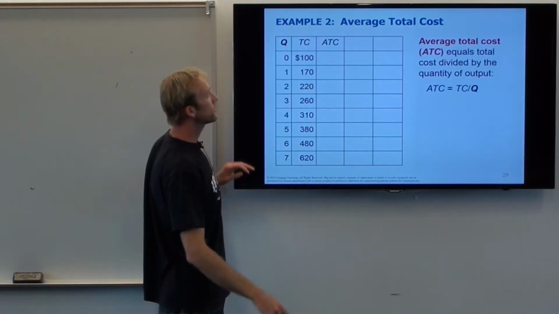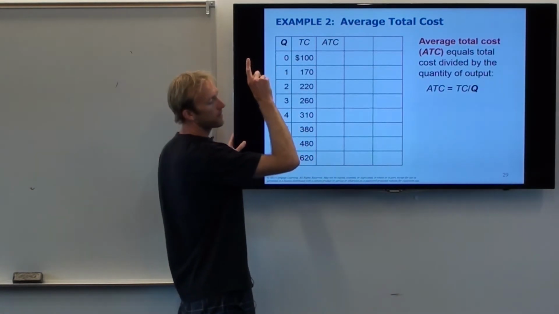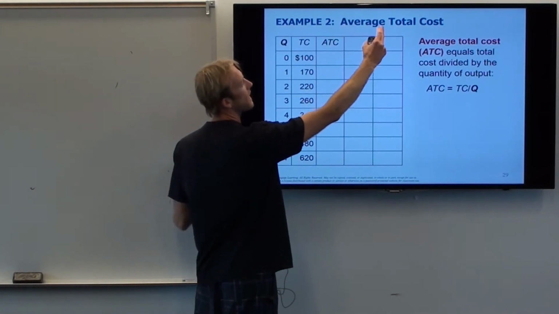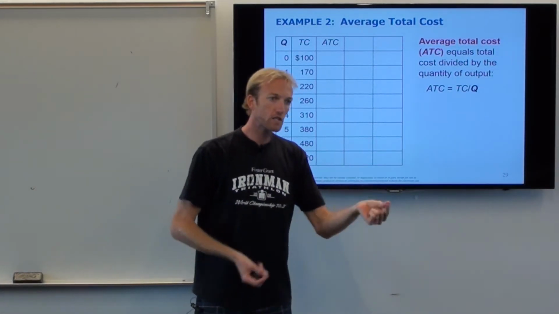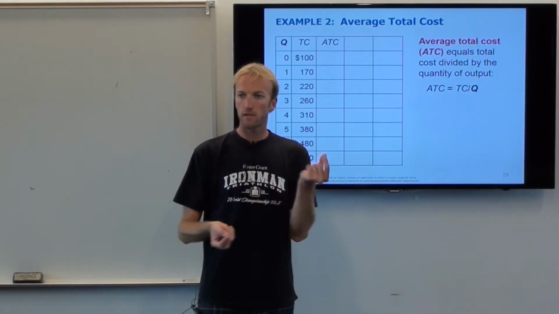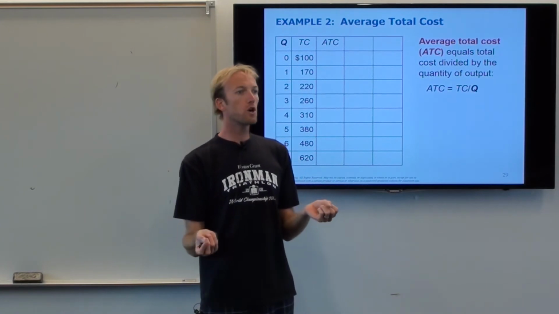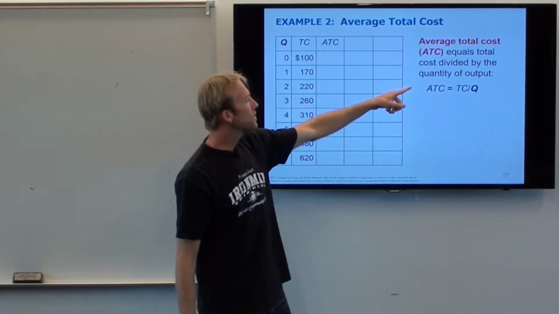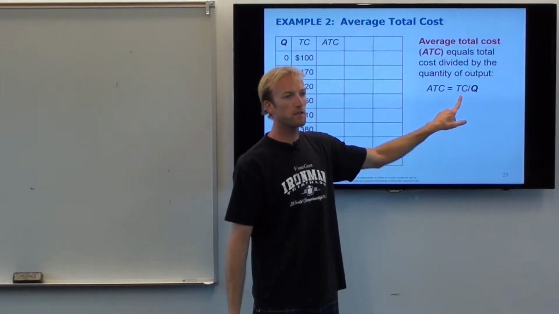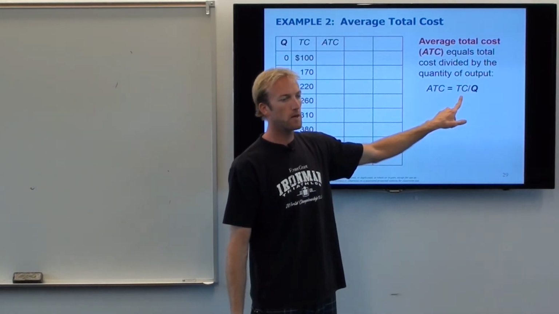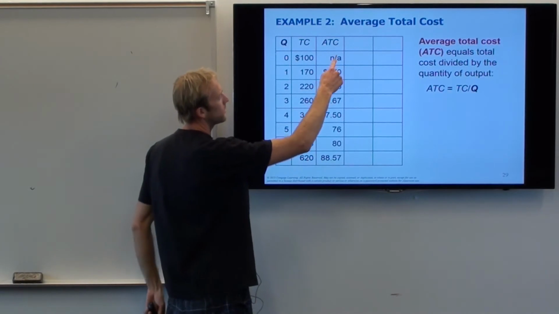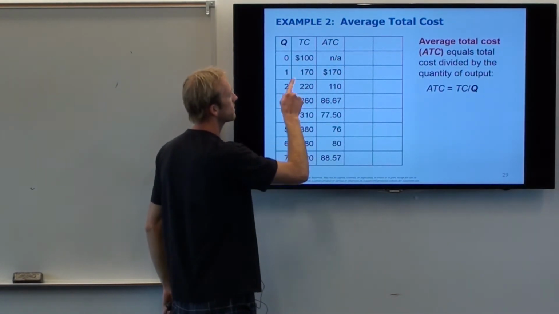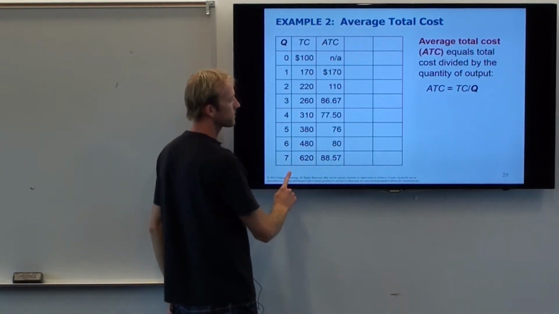If I were to add, well, there's two ways to think about this. The next one's average total cost. So total cost is what? Just fixed cost plus variable cost is total cost, right? So if I'm going to go average total cost, you could either go the total cost, which is fixed cost plus variable cost, and divide it by Q. You could do that, and so you'll get this. Just take the total cost and divide it by the quantity right here. Okay.